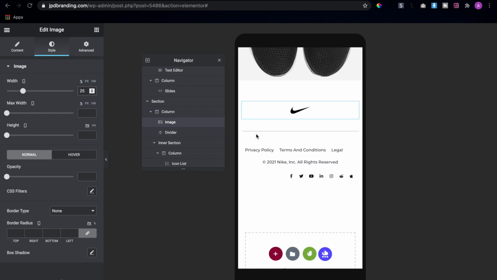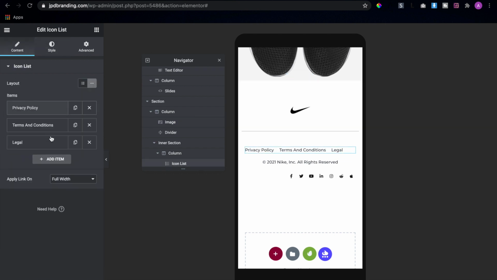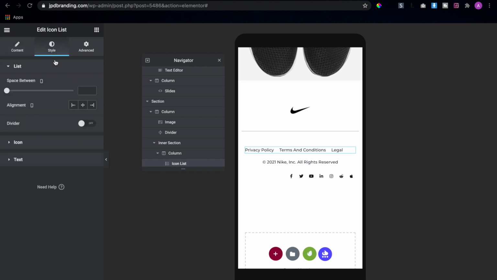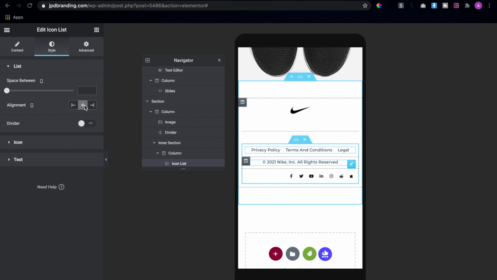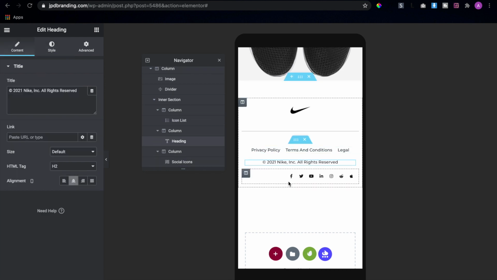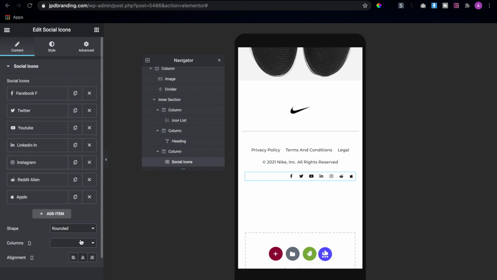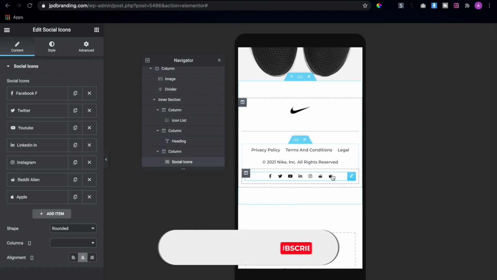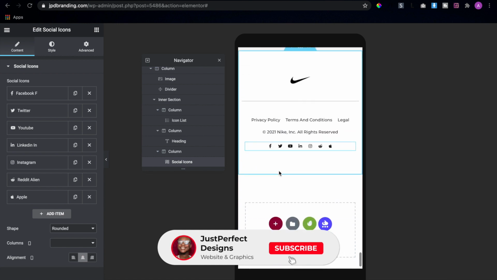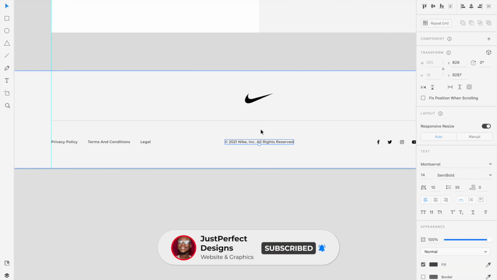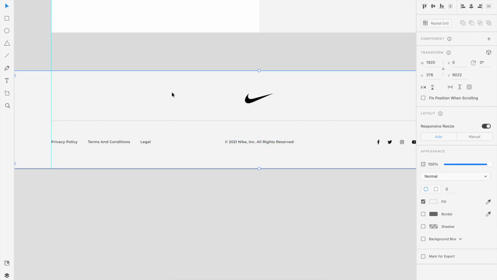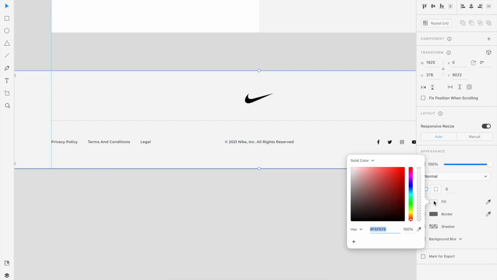Yeah. And then let's align this to the center. Okay, this is already in the middle. Then let's put this as well to the middle. So there we go. We have our footer. Let's see if there's a specific color for the section here. Oh, there is a color for the